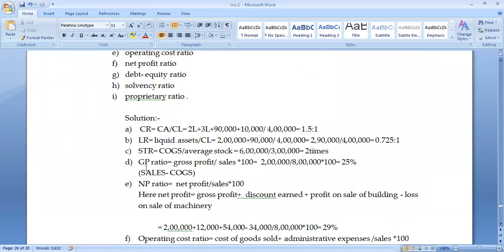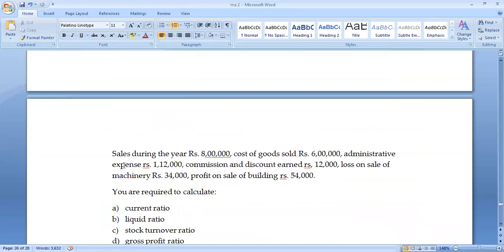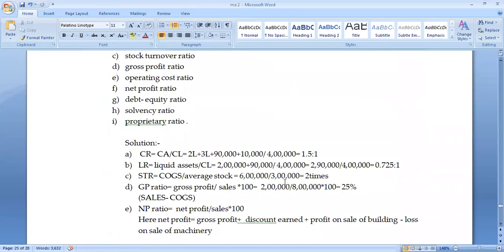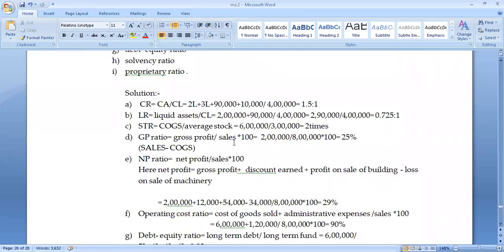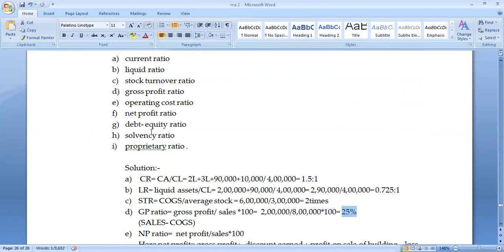Clear? And now, the gross profit ratio. What is the gross profit ratio formula? It takes the gross profit into consideration with the sales into 100. Gross profit is 2 lakh. How do you get this 2 lakh? Sales minus cost of goods sold. Sales is given in the adjustment, and also the cost of goods sold is given in the adjustment. 8 lakhs minus 6 lakhs, which is 2 lakhs, divided by sales. Sales is given in the adjustment. Whichever percentage you get, that is the gross profit ratio. Clear? As per the order, you have to compute it, so it will be very easy for you to further compute the values.